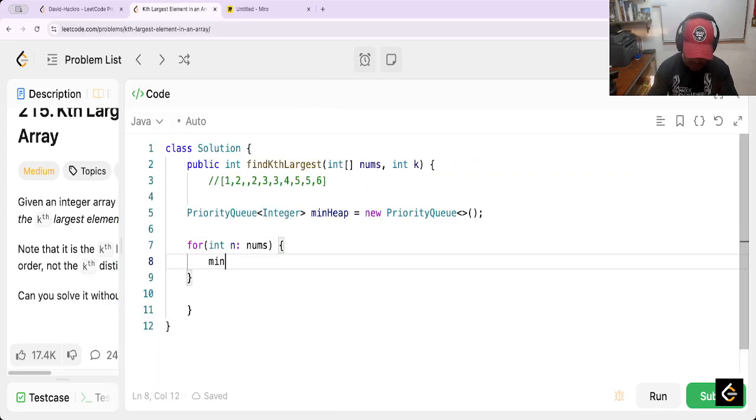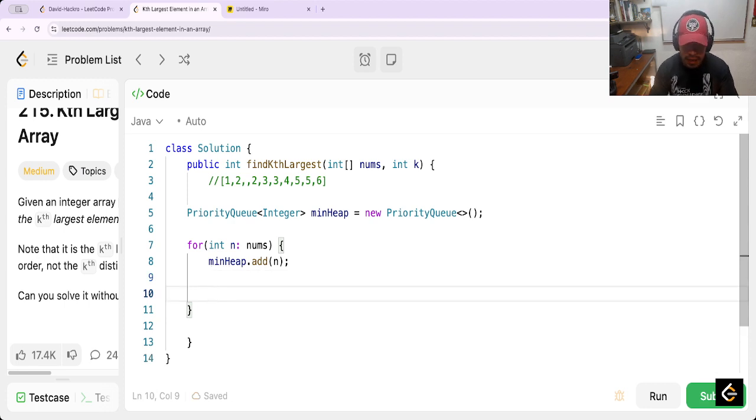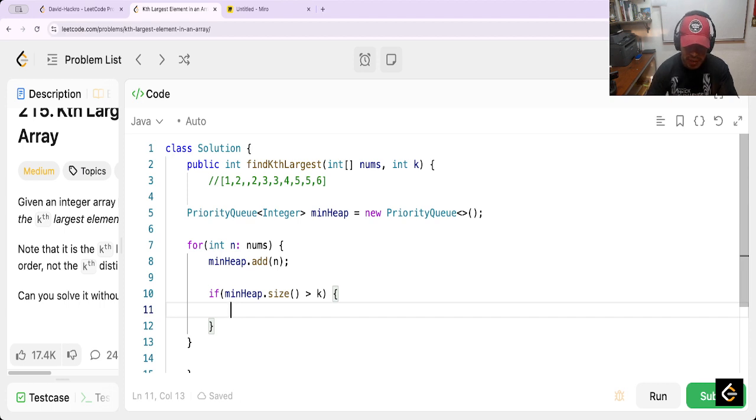And this is minHeap.add(n). Now here it's a while, but not necessary. I think it's only one if, where minHeap.size is greater than k. That only happens, for example, if k is 2, only in this case the 3 appears, because it's one by one. It's not necessarily a while here. Now when it's greater,